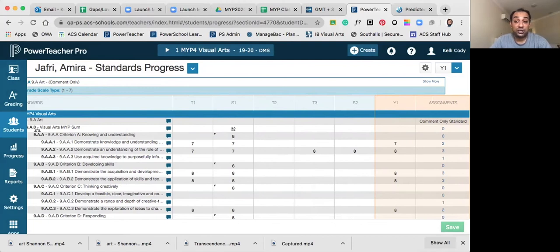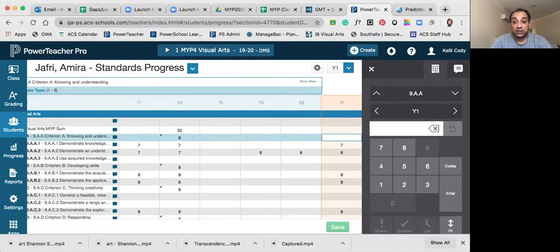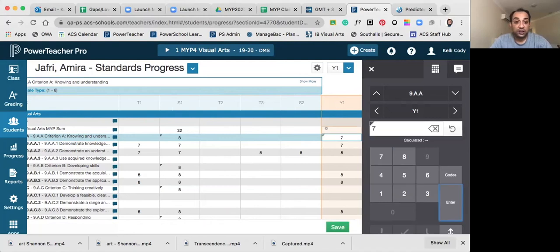If you see under Y1, you have criterion A, after seeing data under Y1, you can give a final score to criterion A, which is right above. Miss Kelly, this is the one, yeah. If you click here, you can add a cumulative score 7 or 8, and so on. You can keep doing it student by student.